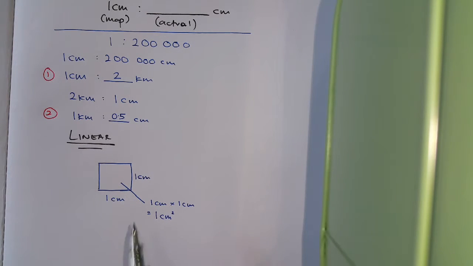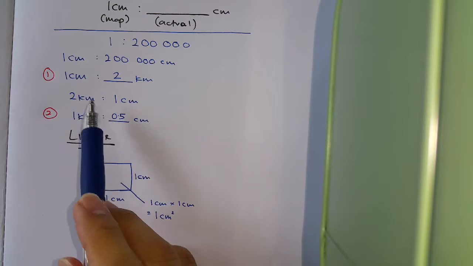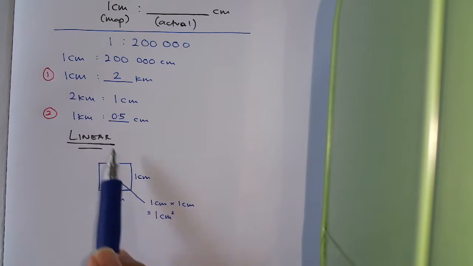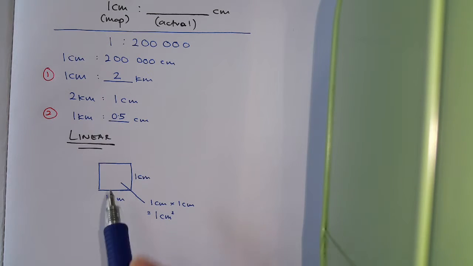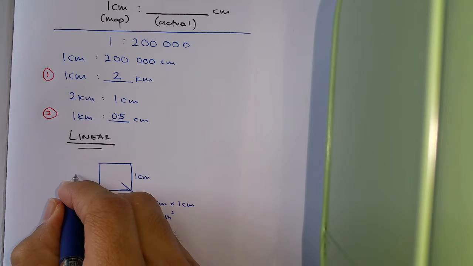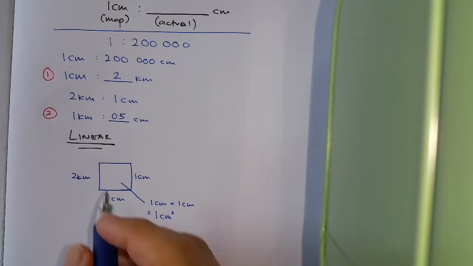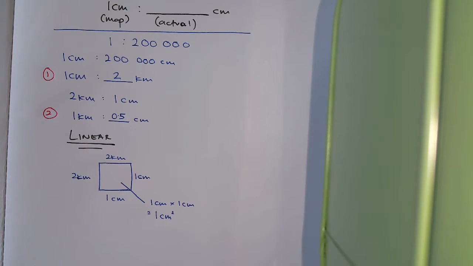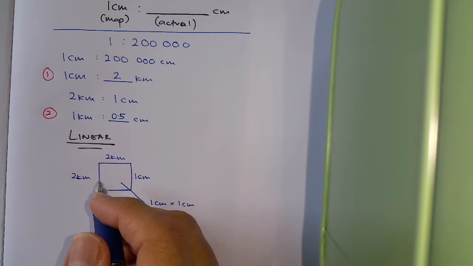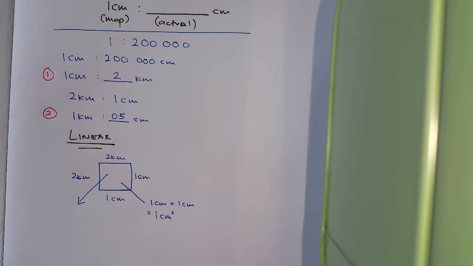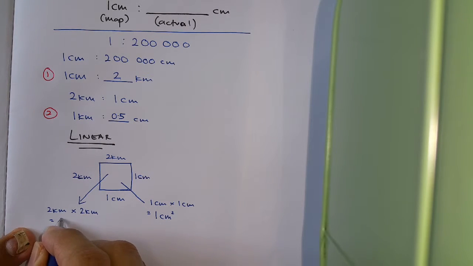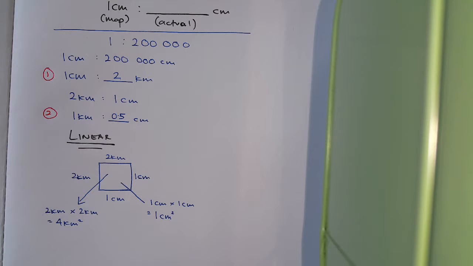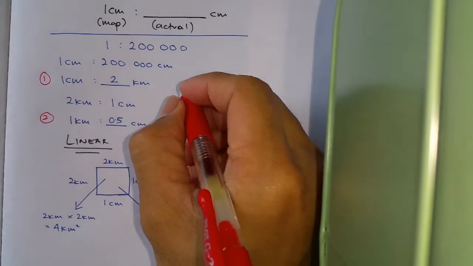This is the area in terms of centimeters. As we know, the scale here is 1 cm is to 2 kilometers. Therefore, I can say that this distance is also 2 kilometers in actual space. This is also 2 kilometers, right? So if I want to get the area of this same square in kilometers, it will be 2 kilometers multiplied by 2 kilometers, so I have 4 square kilometers. We are still talking about the same square. Therefore, your scale number 3